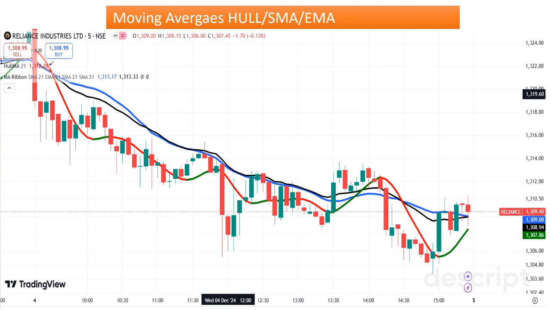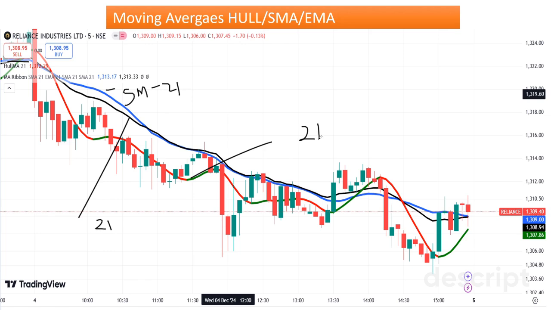Over here, this is the typical Hull EMA which you have seen. Just to give a perspective, I plotted two more. The blue line is the simple moving average of period 21, and the black line is the exponential moving average of 21. And this indicator is the Hull of the same time period, 21. So you can see every time the Hull indicator is near its price.